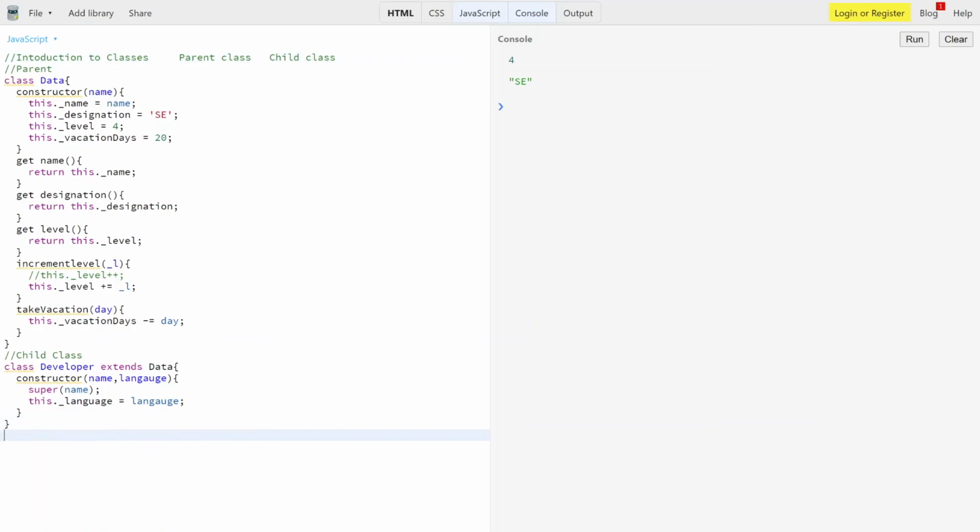Inside the class we have get language, which is the programming language. Don't compare it with the speaking language. So we have this dot underscore language. I have to return, so return this dot underscore language.